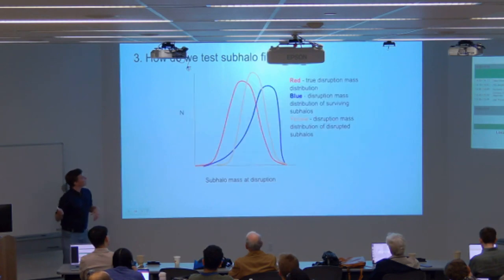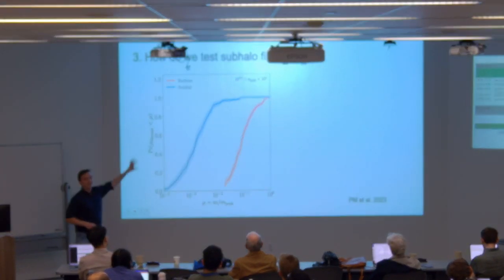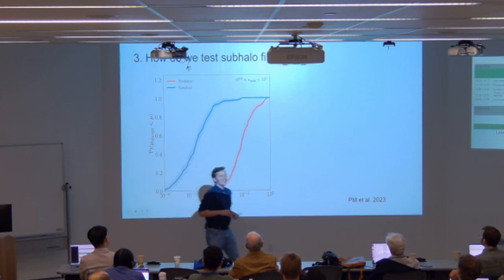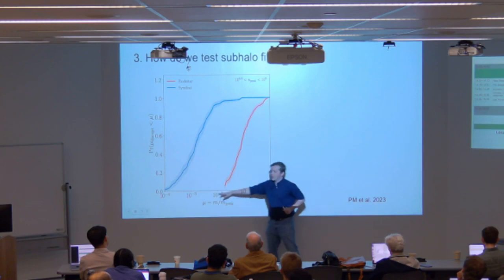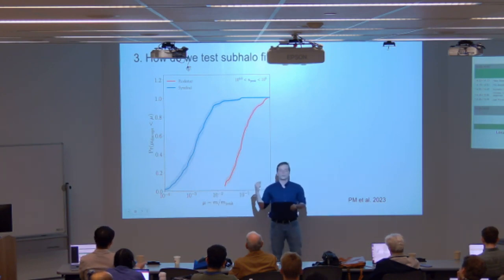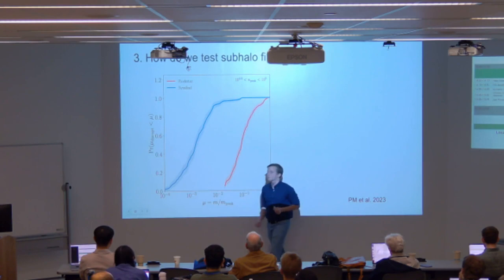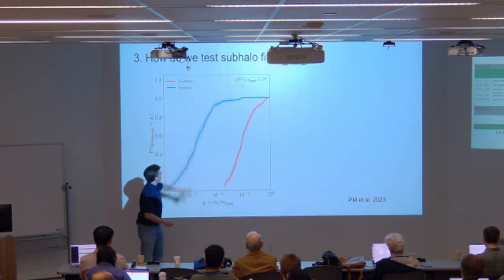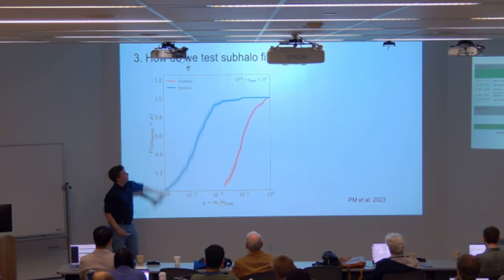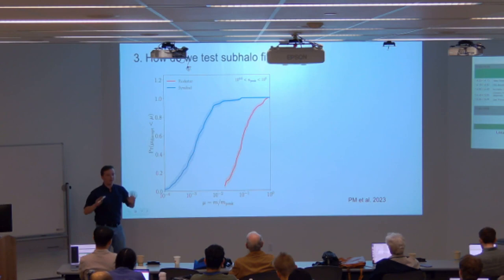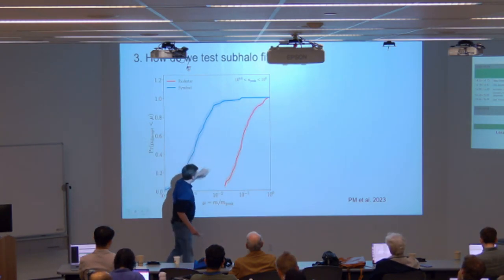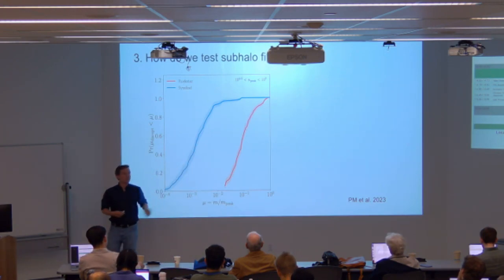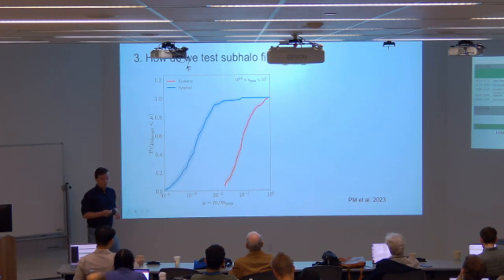Wonderful. So then we are going to skip some interesting statistical insights and talk right about this plot. This right here is the CDF of disruption masses. What we're seeing on the x-axis is the ratio of the mass at which the halo finder loses track of the subhalo to what its infall mass was. In blue, I'm showing the results for SimFind, and in red, I'm showing the results for Rockstar. This is for a high-resolution set of halos, about 100,000 particles, the point where most people say it doesn't really matter what numerical problems you have, these will be fine. And what we see is that there's about an order and a half of magnitude difference between what SimFind and Rockstar are predicting